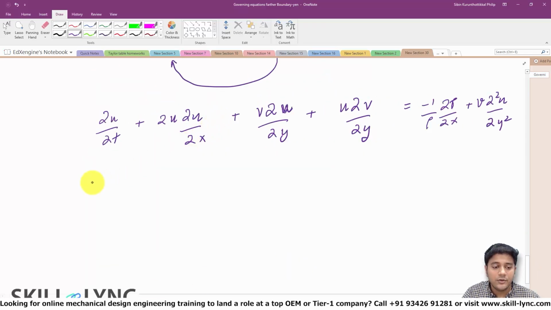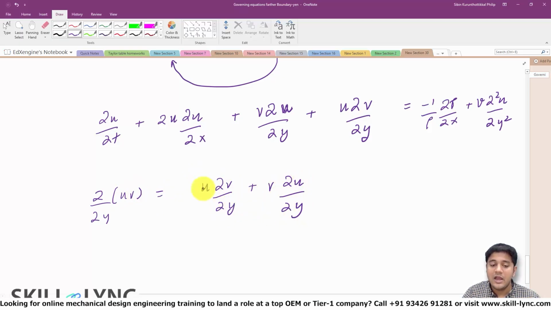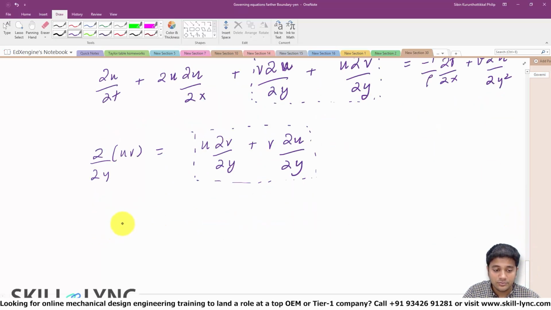Now to further simplify this equation, we are going to be using the product rule. So if I take dou by dou y of uv, that is nothing but u times dou v by dou y plus v times dou u by dou y. And as you can see, this term right here is exactly the same as these terms. Now as you can see, the terms in these two boxes are exactly the same, which means I can simplify my equation to